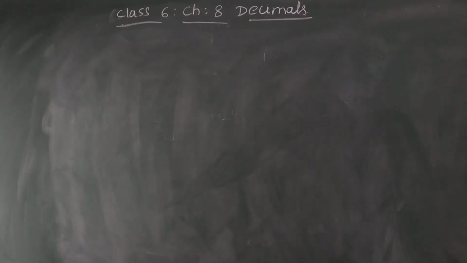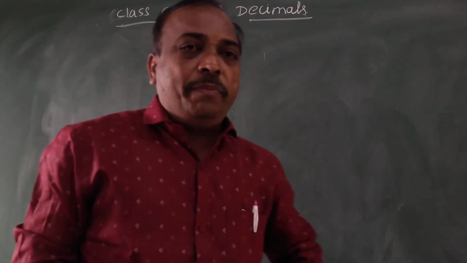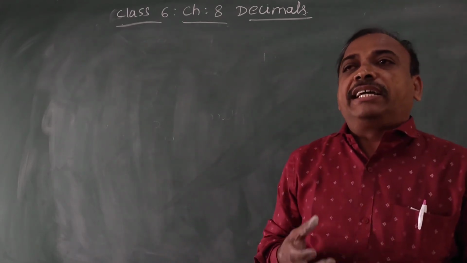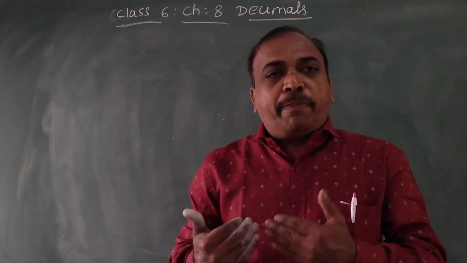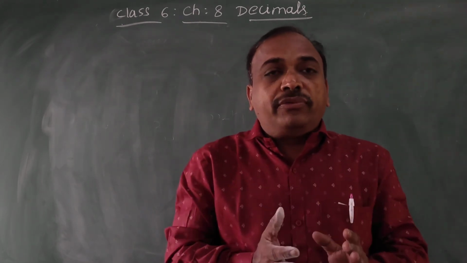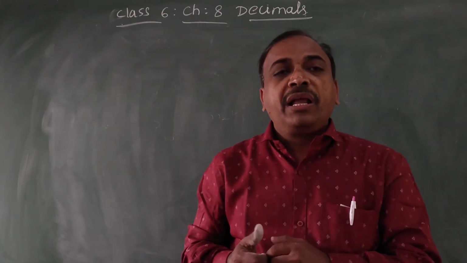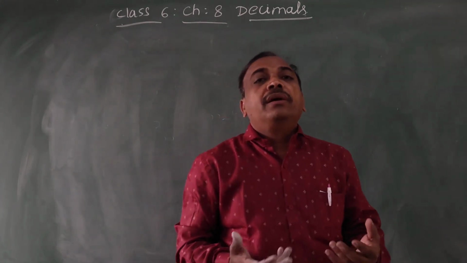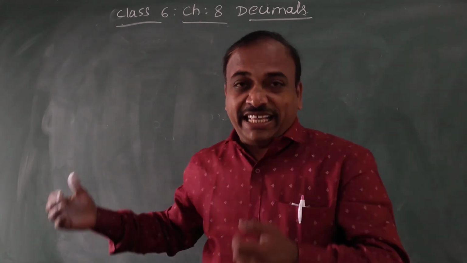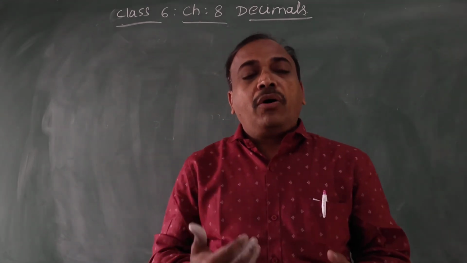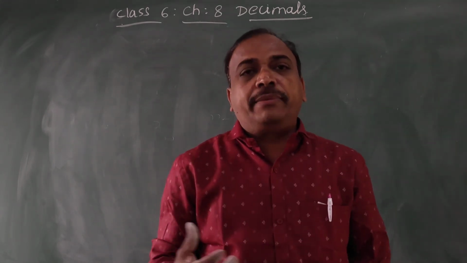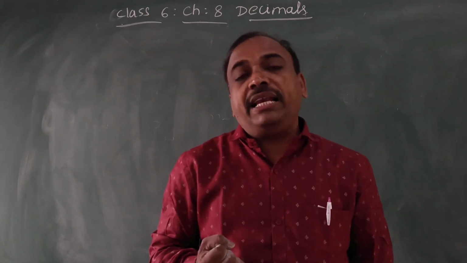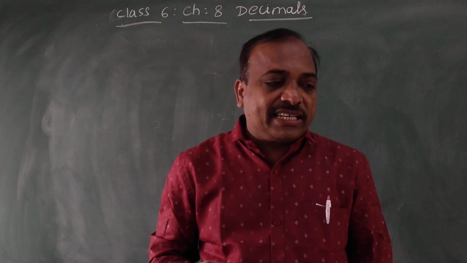So I hope you understood how to represent the decimal on the number line, how to insert it in the place value chart, how to write the decimal number in the expanded form and get the number from the expanded form, and what is tenths and what is hundredths. You have seen the necessity of writing in decimals in the conversions. So this is how we use the decimals concept in our daily life. I hope you understood representation of decimals on the number line also. We will meet again in the next class. Thank you.